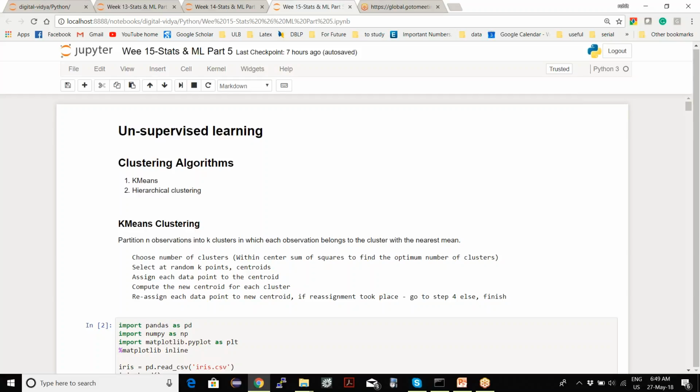So this week we are starting unsupervised learning. I hope everybody remembers the difference between supervised and unsupervised learning. Any others? Nitish, Sonia.